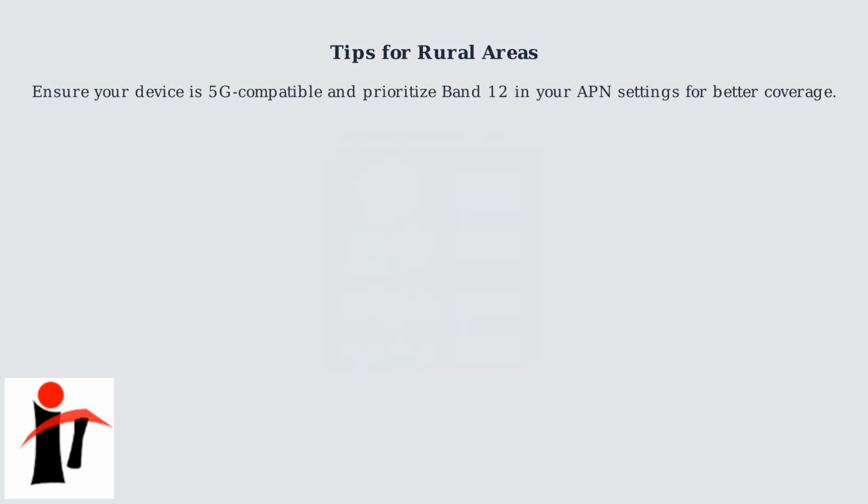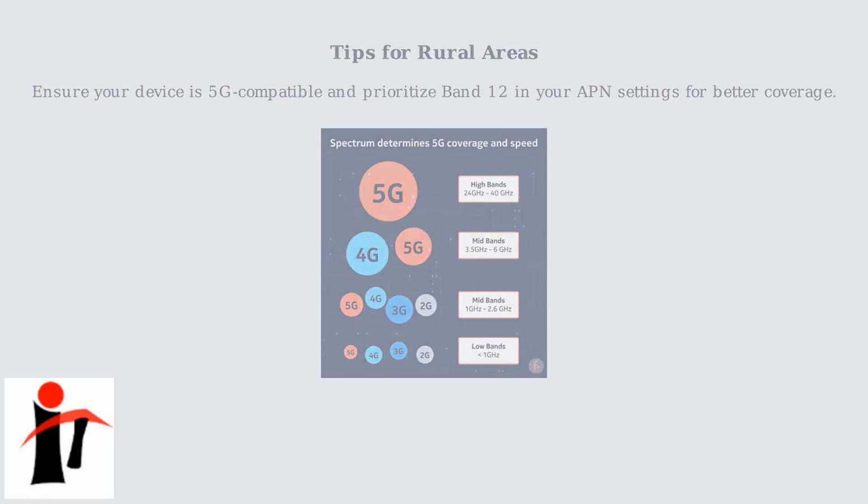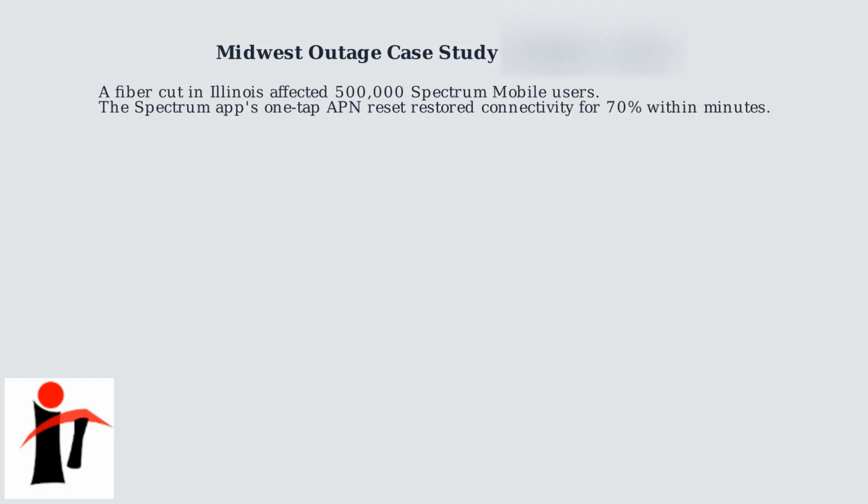The Spectrum app now includes automated APN reset tools. If in a rural area, ensure your device is 5G compatible and prioritize band 12 in your APN settings, if possible, for better coverage. If you suspect a broader outage, the Spectrum app's one-tap APN reset, as seen in the